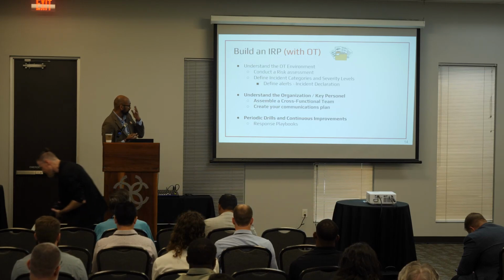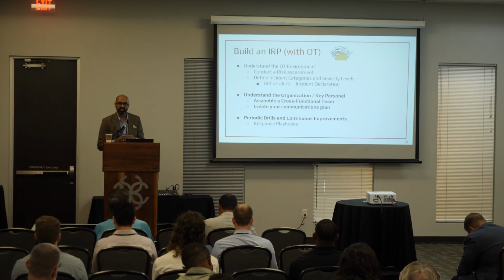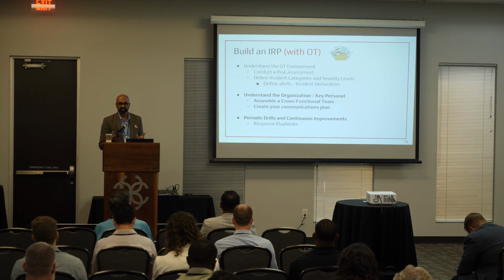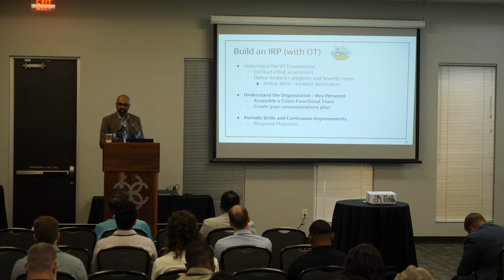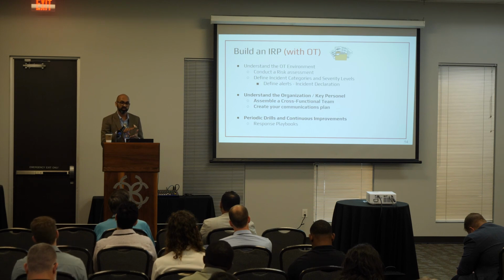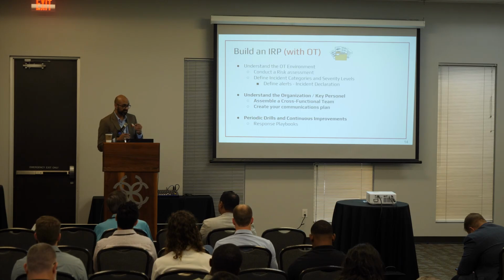You need to also define incident categories and severity levels. What are incident categories? So unauthorized access is an incident category. DDoS is an incident category. You need to be able to categorize the incidents that can happen to your organization. And this is important because when you give it a name, you can then form a plan on how to prevent it. You can put things together in terms of a plan to identify key personnel who will help you to eradicate it, to contain it. So you need to be able to categorize all of those incidents that can happen to your organization. Define severity levels, right?